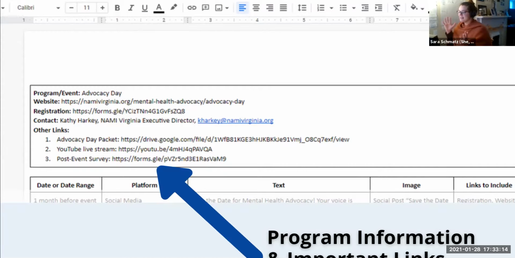All right, so when we open that document, this is what it's going to look like. At the very top, there's program information and important links. This example is for Advocacy Day. So here I've got the website where we've got all of our Advocacy Day information. I've got the Google registration form. I've listed a contact. I've also included our Advocacy Day packet, the link to our YouTube live stream, and our